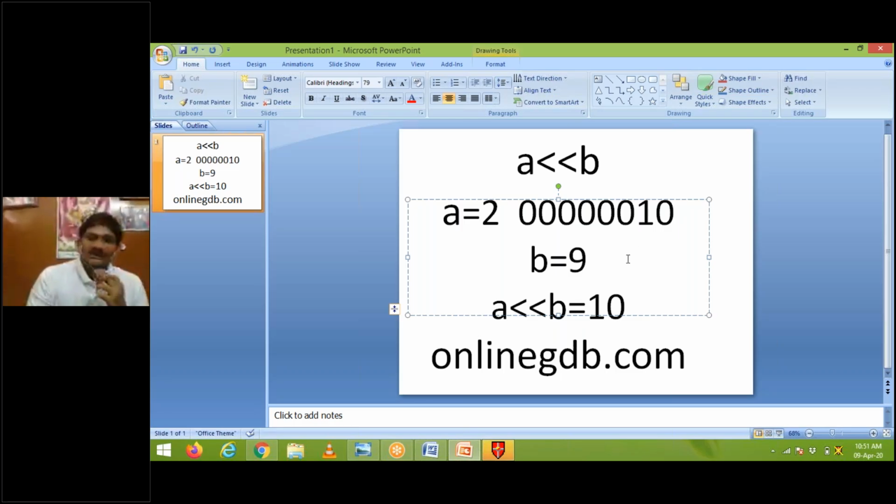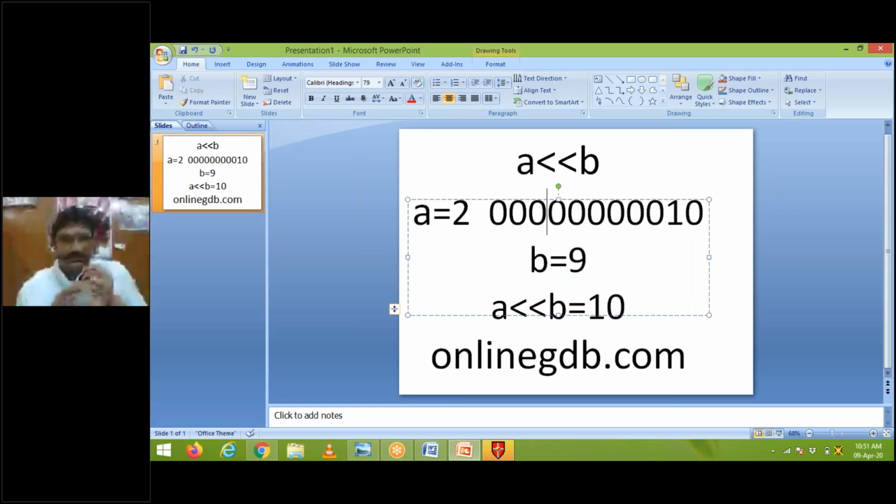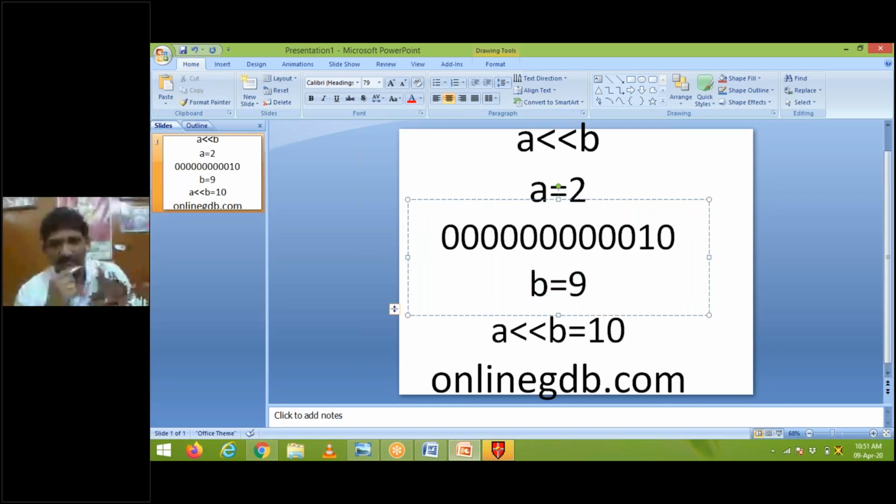For example, here left shift means we have to cross 9 digits, but here you declared only 8 digits. That means whenever the b value is 9, you have to take another 4 digits in front. That's all. Now you can cross 9 digits in front and you can add those values in the right side. That's all. That is the simple answer.